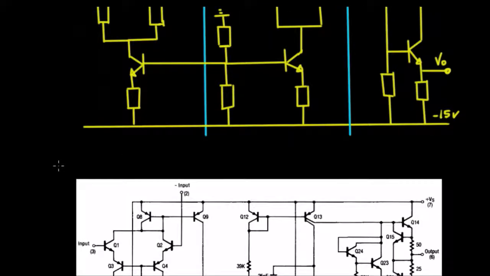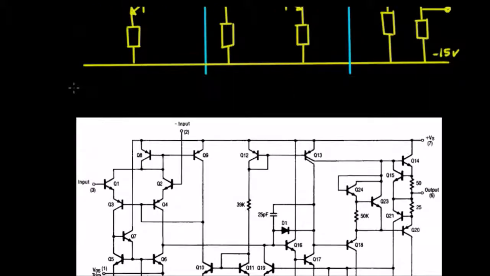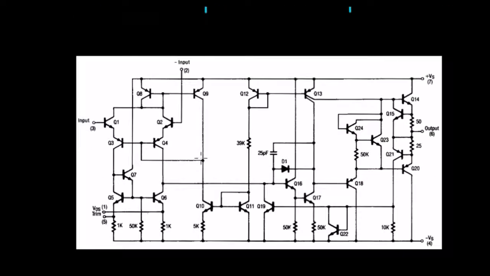Now, also at the bottom here, this is just the biasing stuff for the circuit. Okay, now an actual 741 is a little bit more complicated, but ostensibly it's just the same as what we have above. We've got a differential amplifier input stage, we've got another amplifier gain stage here,